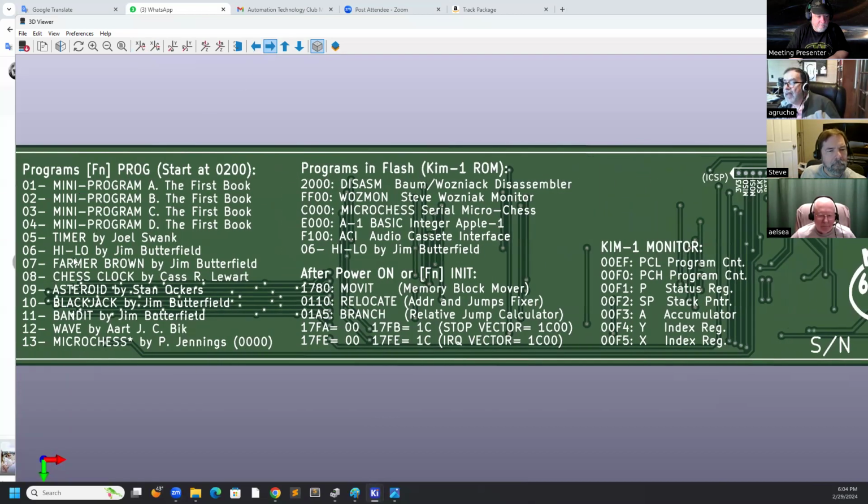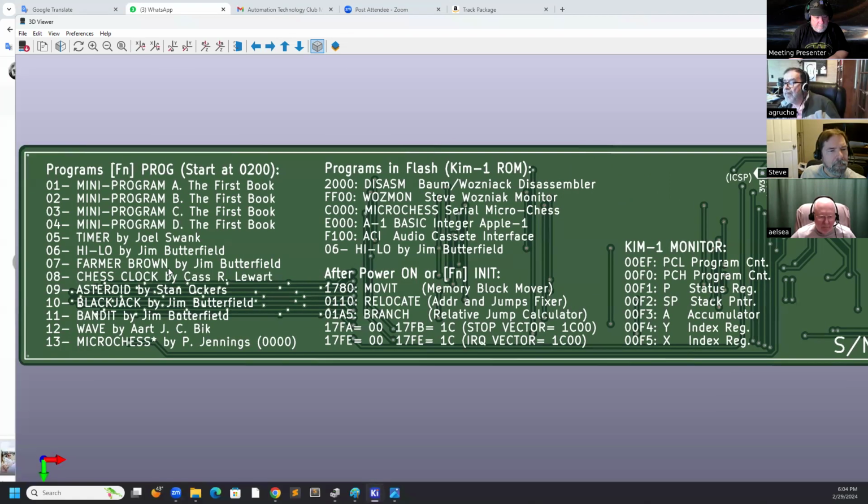A timer, a high-low game, Farmer Brown game, chess, clock. Asteroid is a game. Blackjack Bandit is a casino-style machine. Wave and Microchess. Microchess is 1K in size. It's the smallest chess program.